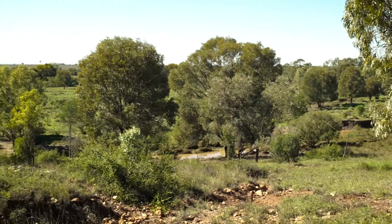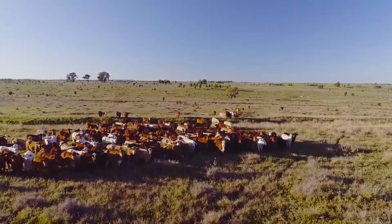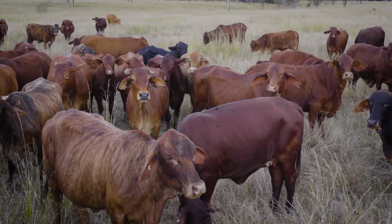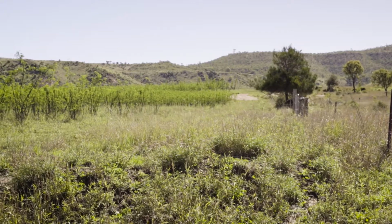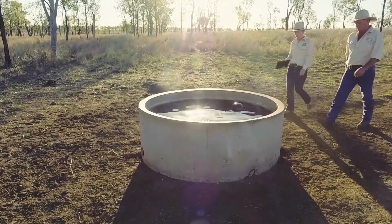To sustain good land condition and productivity, the end of growing season is a key time to think about managing herd numbers to match pasture supply. There are a number of factors to consider, including land types, pasture growth, ground cover, watering points and fencing, and